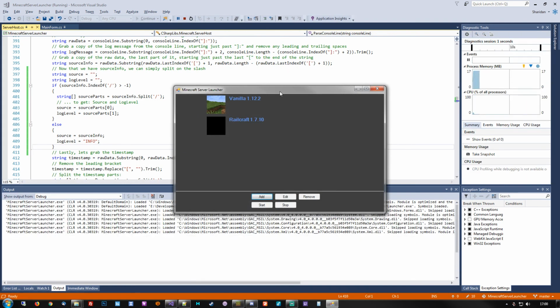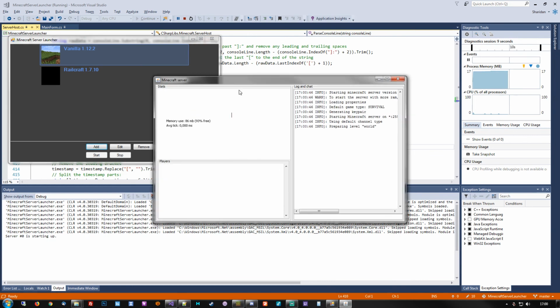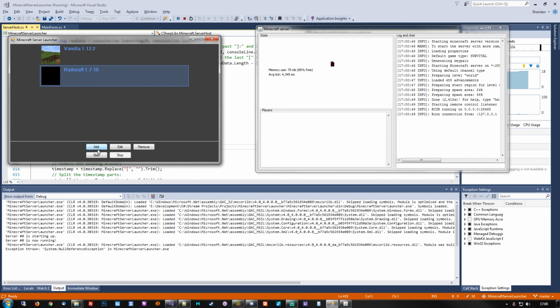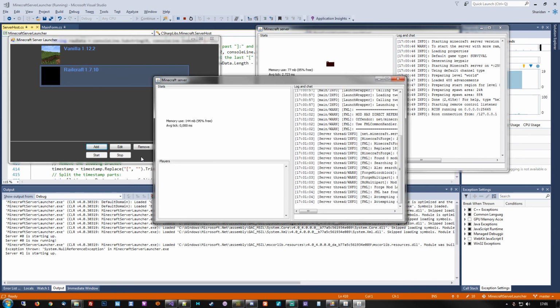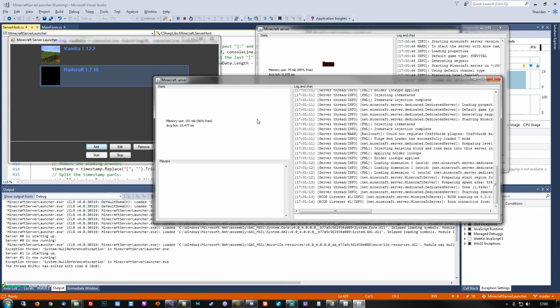Let's see what happens. Start up the vanilla server. And it popped right there. And then let's see if we can start the other one. And at least it didn't crash. At least not yet. Okay. Something seems to be working its way through. There we go. And